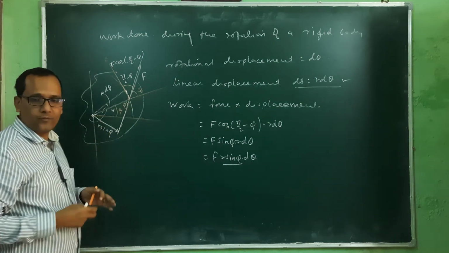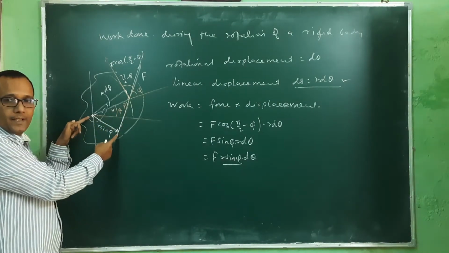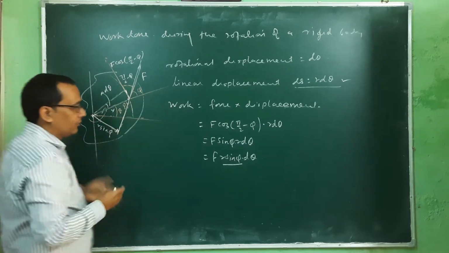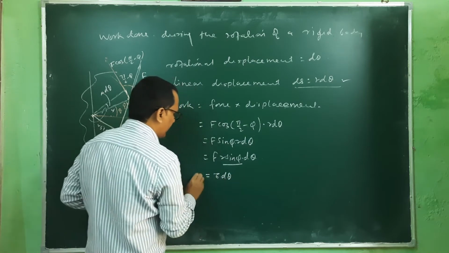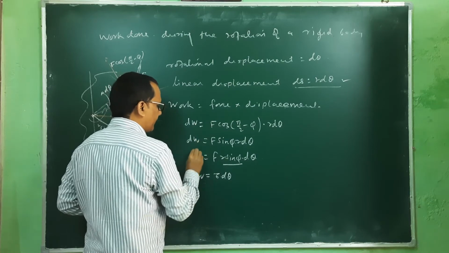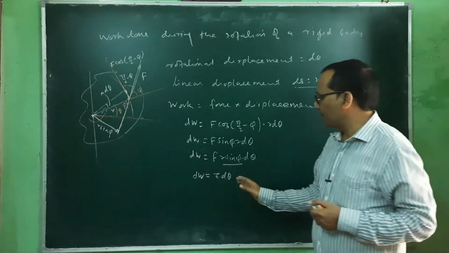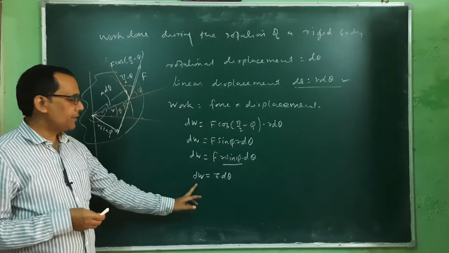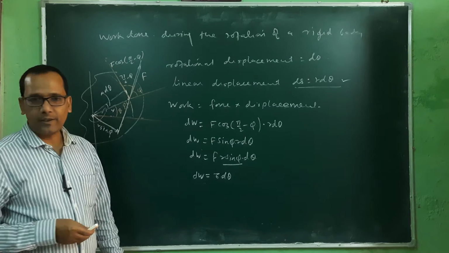From the definition of torque, this is actually the multiplication of force and the perpendicular distance, and this perpendicular distance is r sin phi, and this is the force from this axis. So this can be written as equivalent to tau multiplied by d theta. So this dW, if you take it as a small work, is equivalent to tau d theta. If theta goes from one particular value to another value, we can just integrate this, and we can get the value of W. W is equivalent to the integration of tau d theta.